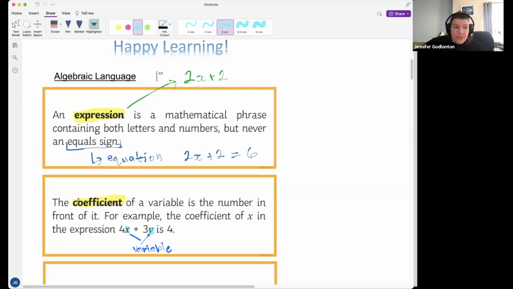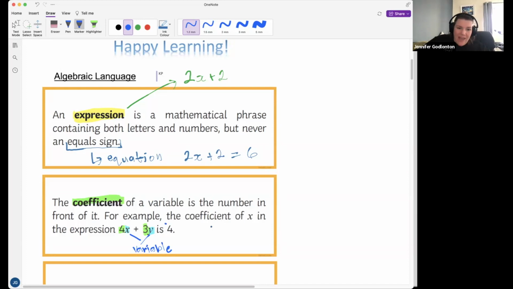And the coefficient, let's get this to be the same color. Sorry, I will also try not to sing so much. Coefficient is the number that is right next to that variable. So in this case, the coefficient is 4, and in this case, the coefficient is 3. So the coefficient is the number that is right next to the letter, the variable. So now my question to you is,